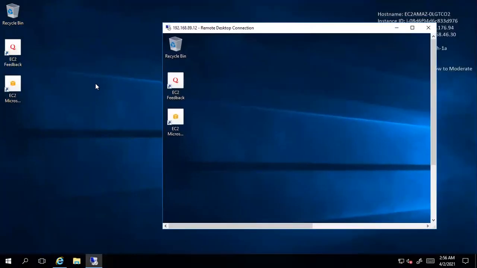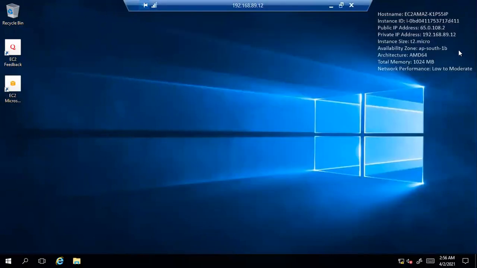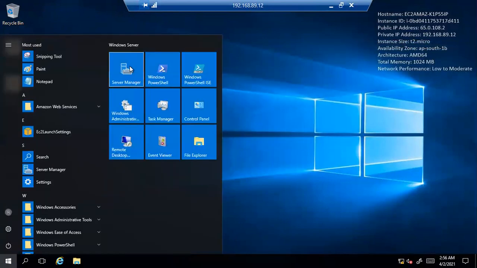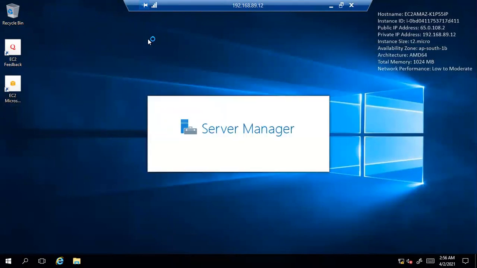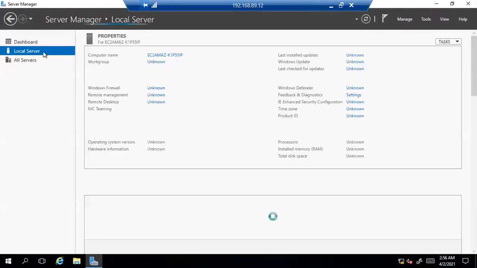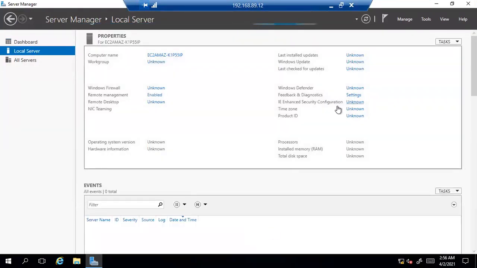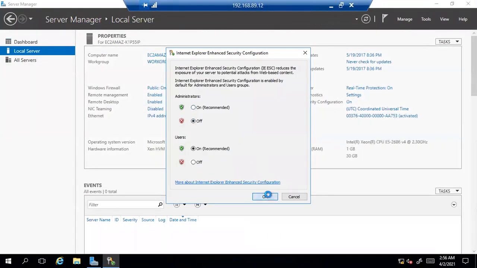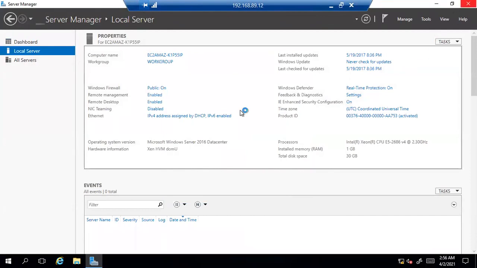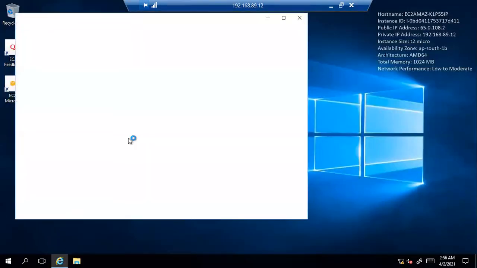Now I'm in the private subnet. See, I'm expanding this. The availability zone is AP South 1B. It's a private subnet. So do we have internet here? Let me verify. I'm navigating to server manager, then local server, turning IE Enhanced Security Configuration off, and opening Internet Explorer.